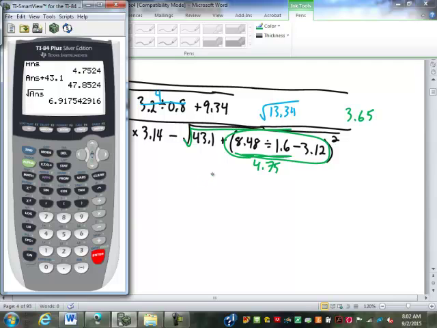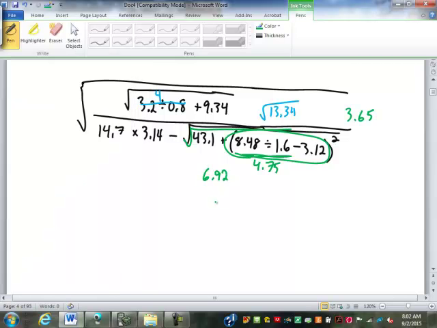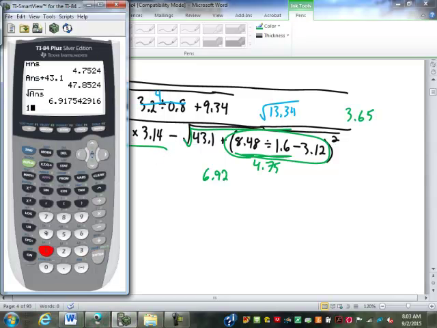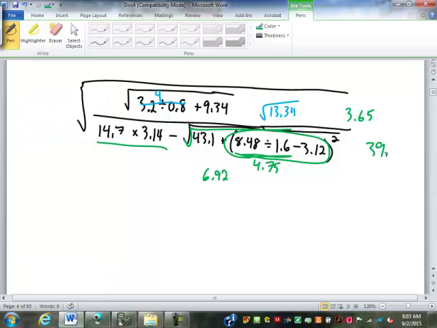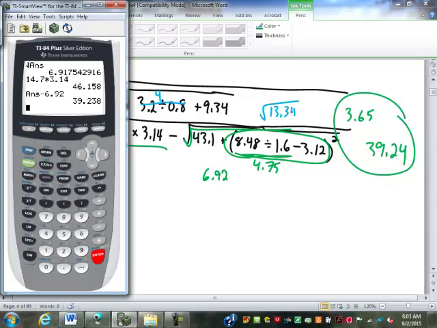So 6.92 I'm going to call that. So now I just have 14.7 times 3.14. Oops, not plus, times. And then I'm going to subtract the 6.92. So on bottom I get 39.24. So I'm going to divide those. 3.65 divided by